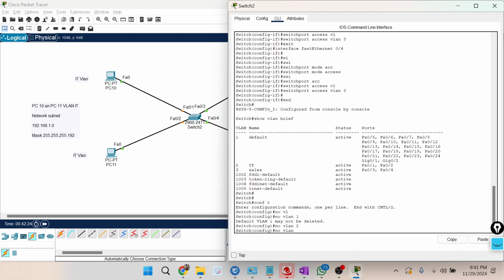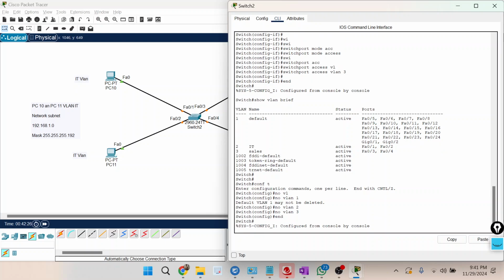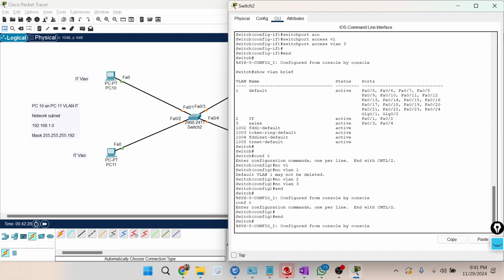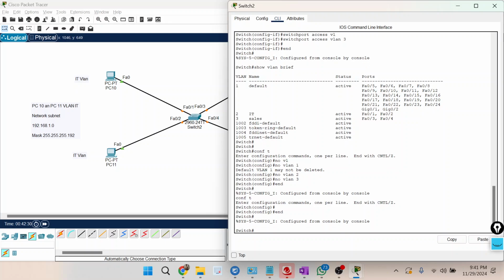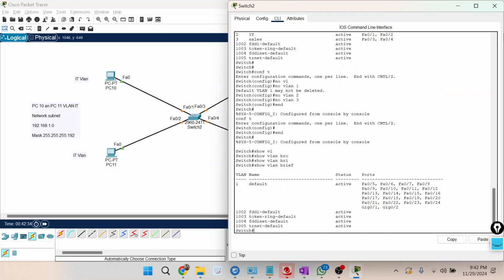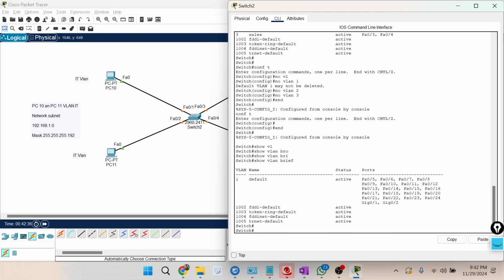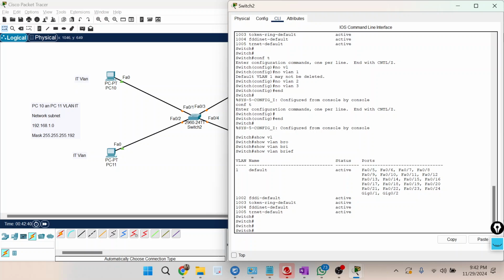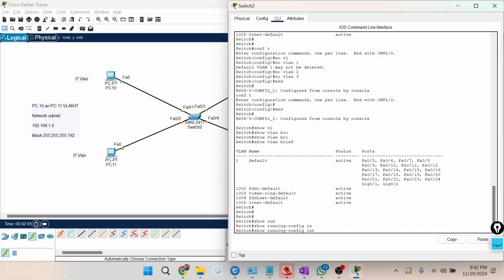No vlan 2, no vlan 3, and show vlan brief. Now switchport 1, 2, 3, 4 is not part of this. Show run interface.